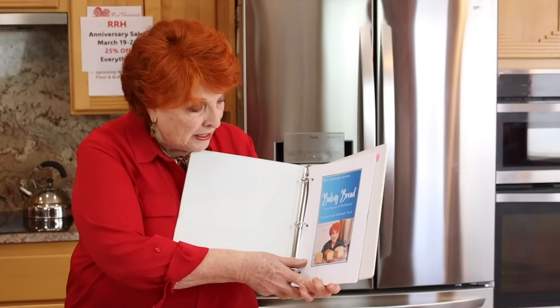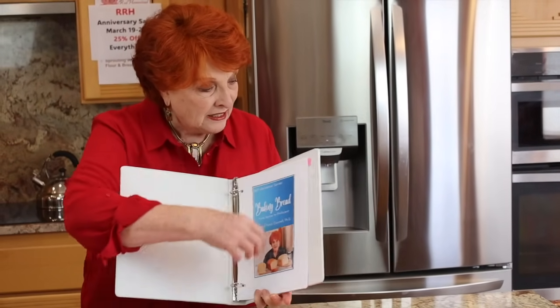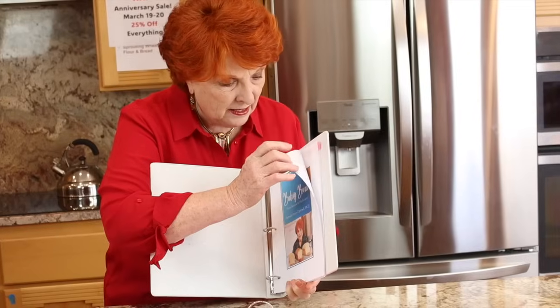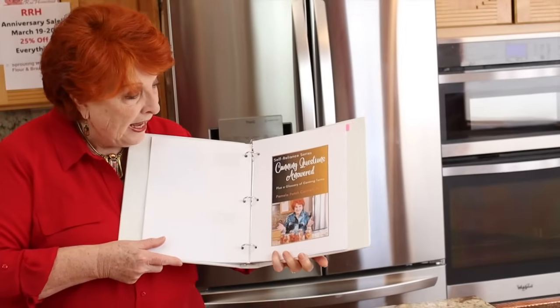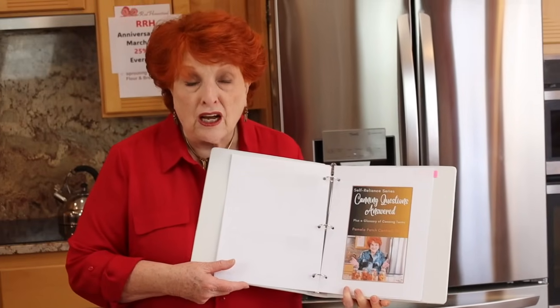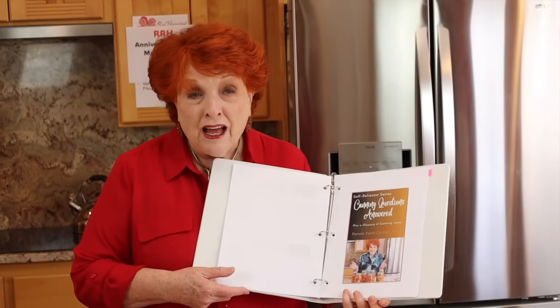Last Monday on our Micro Moment Monday, we introduced 2 free booklets. This is the Baking Bread from Novice to Proficient, and the other one is Canning Questions Answered, and it also includes a glossary of canning terms. Thousands of you have downloaded those 2 books. That just thrills us. That was our gift to you as part of our 5-year celebration, and today we have